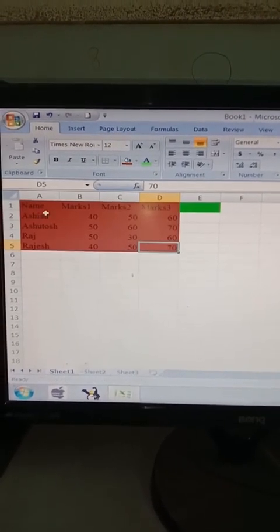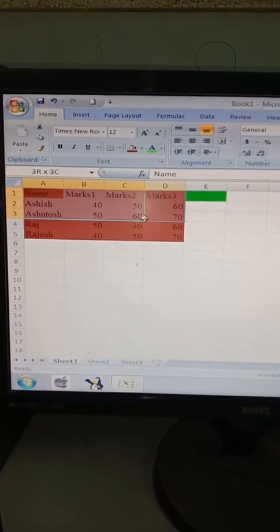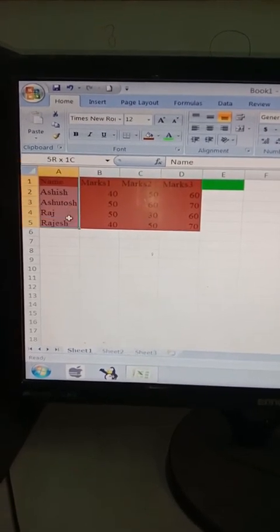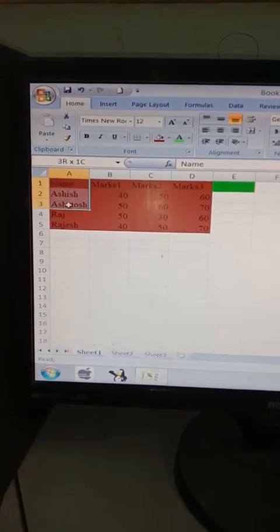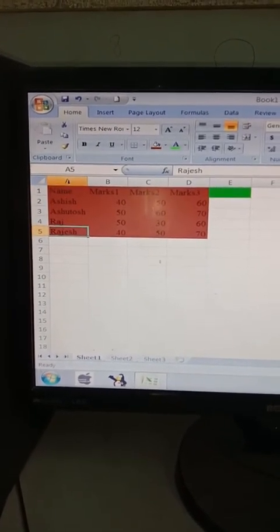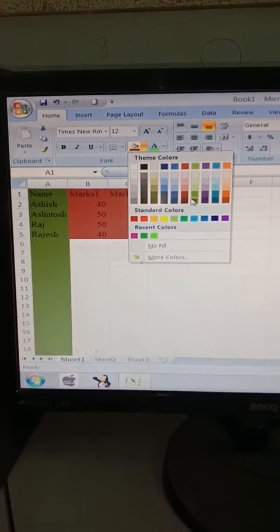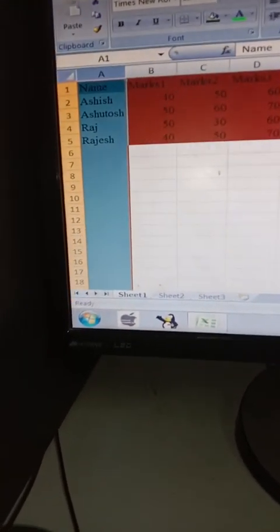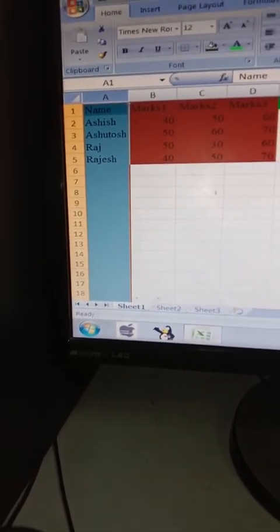First of all, have a proper selection over it. Many of the times you don't find the proper selection. Now look, it is becoming difficult to select this text. Again look over here, these are difficult. Suppose I have selected it this much only. Now look, or you can have a left click over the entire column in order to change the entire column's theme color. Now look, the entire column has been changed to this color over here. So this is how you can change the color of the background.